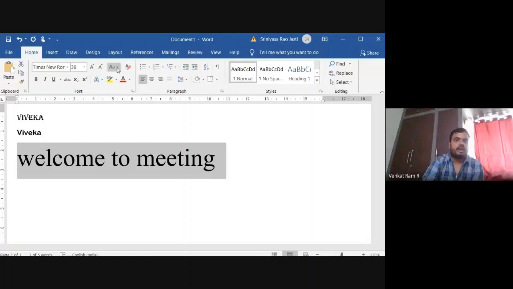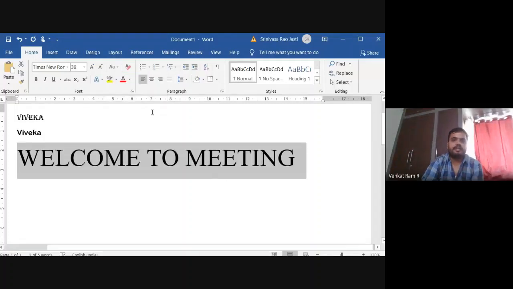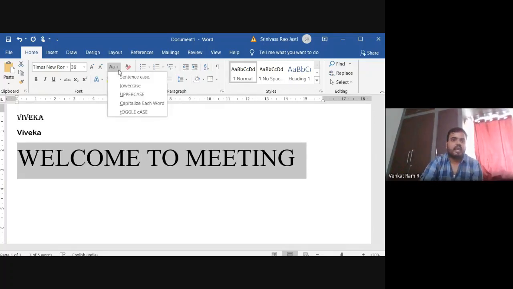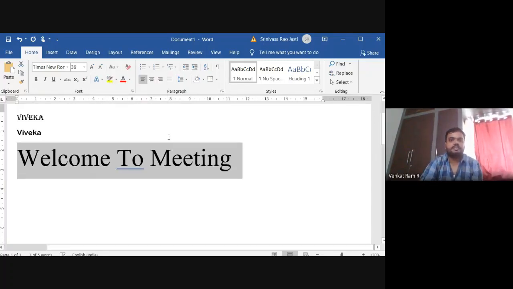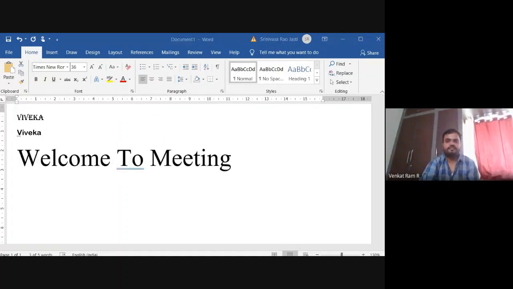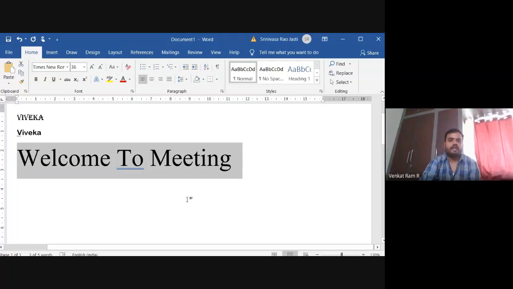And next, uppercase. If you click on this, everything will be changed to uppercase, meaning capital letters. And next, capitalize each word. Capitalize each word is the one where the first letter of a word will be turned into capitals.